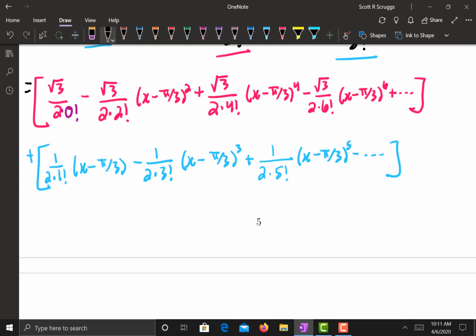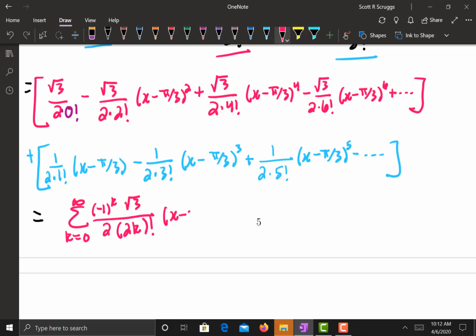Which means if I want to write this out in explicit series form, for the first series, it would be the sum from k equals 0 to infinity. Now because this is now k equals 1, k equals 2, k equals 1, k equals 3, I have negative 1 to the kth power, root 3 times 2 times an even base times an even power with that,